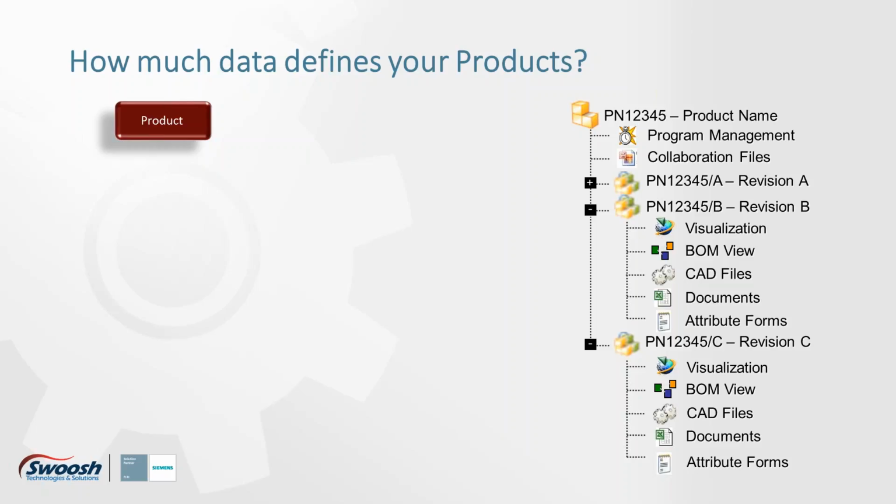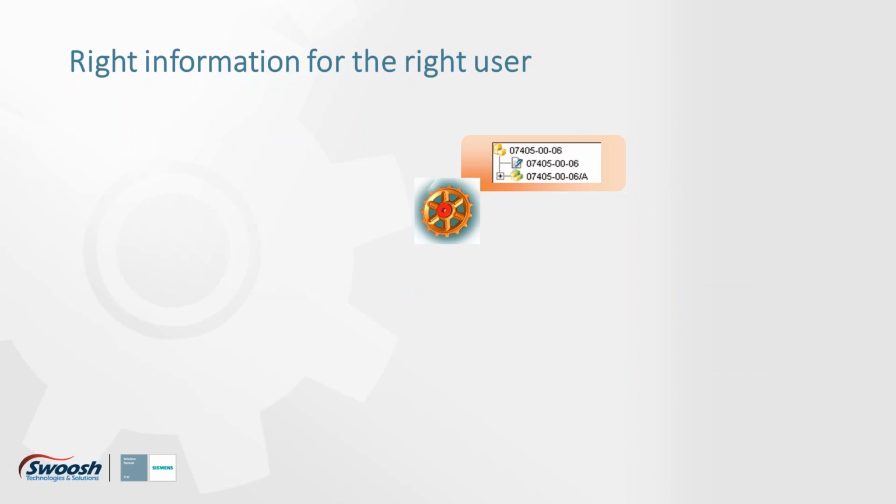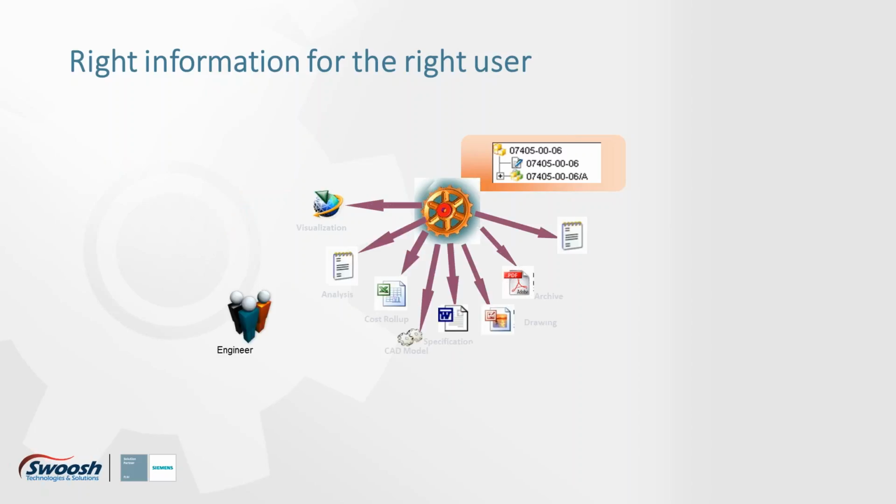It's very powerful within Teamcenter because everything focuses around the product, and then it attaches all the data to it. So as you go searching for this, Teamcenter becomes your single source of information for all your users. As users go in and start looking up products inside the database, regardless of who they are, they're able to find all the necessary data that's relevant to them. So if you're an engineer and I look up the widget, I'm able to find the CAD model, probably some cost roll-ups, any files that would pertain to engineering.